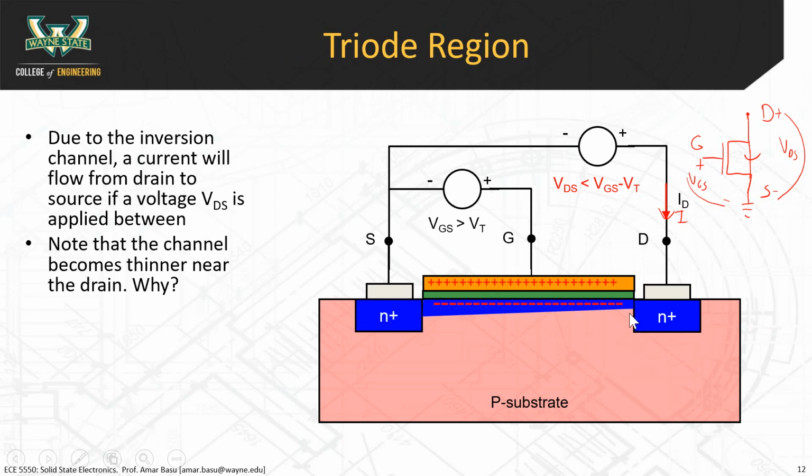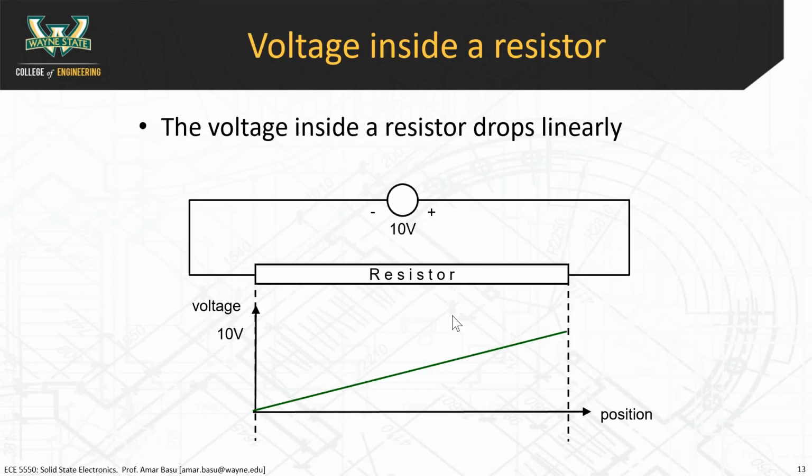The short answer is that the channel voltage varies as you go from drain to source, and as a result, the amount of voltage between the gate and the channel actually changes as you go from right to left, and that changes the conductivity of the channel. So that's the short answer. I'll give you a longer answer now,